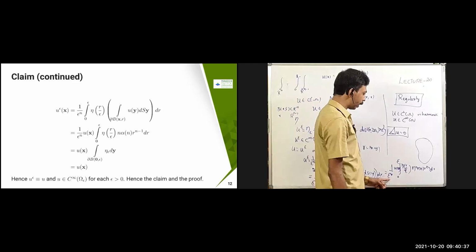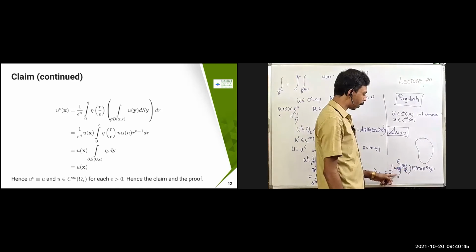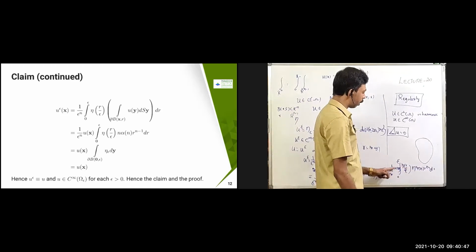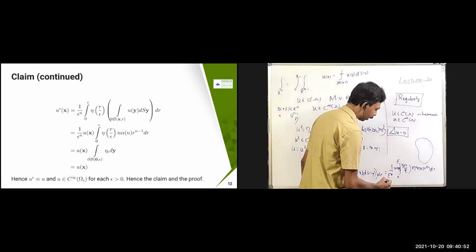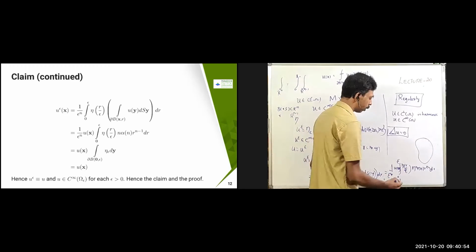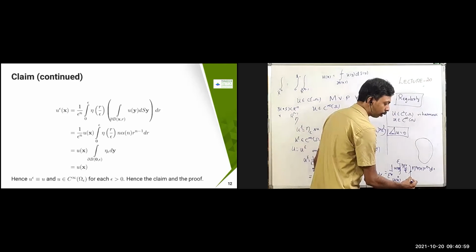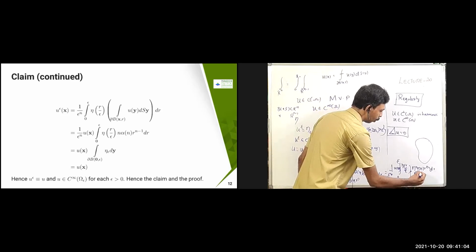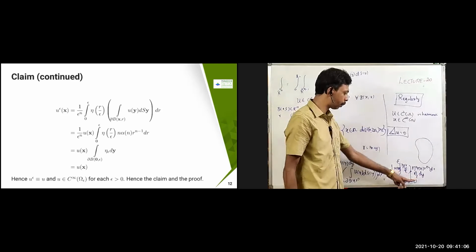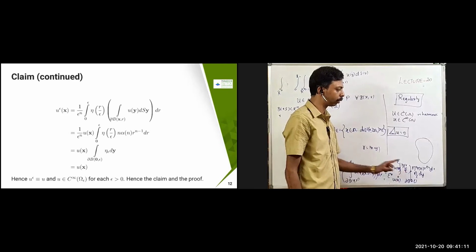So this one, once again, you can just write this whole thing. Okay, this is the radial function. Once again, you can write it as, because it is 0 to epsilon etc. is there. So this is going to be the surface integral for η of epsilon, dy. So this one I can write as u(x) into the integral over ∂B(0, epsilon) of η epsilon dy. Apply the definition of η of epsilon dy over the ball ∂B(x, epsilon), you are going to get the same thing.